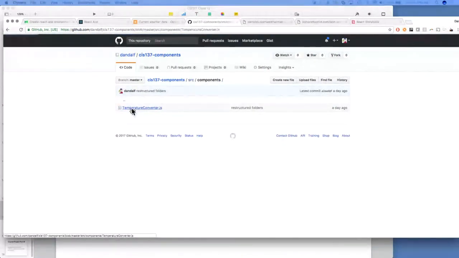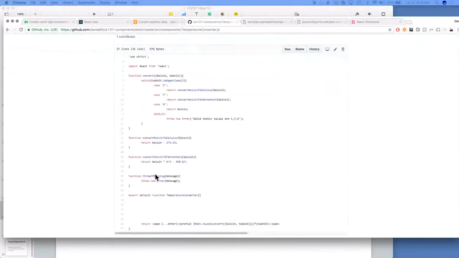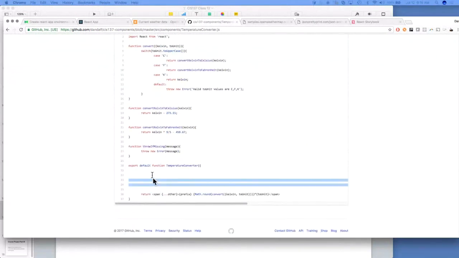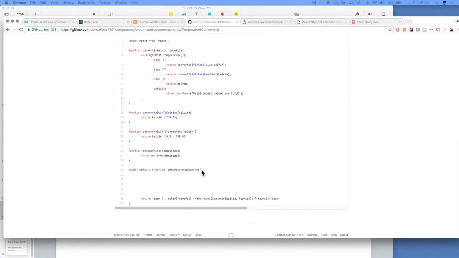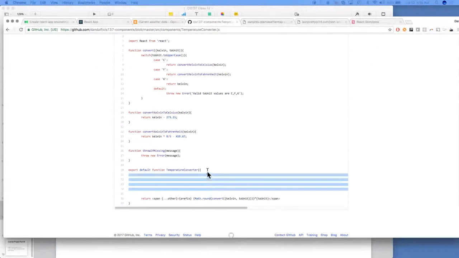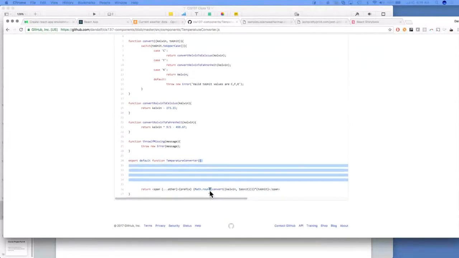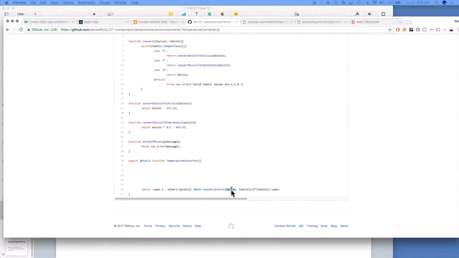If you're interested, you can also look into the temperature converter, which is under src, source, components, temperature converter. So this basically takes the... I don't know how this got in here. Everything is... there shouldn't be spaces in here. It's not displaying some stuff. Wow, I don't know why GitHub is not displaying the code. Very interesting. There should be code right here